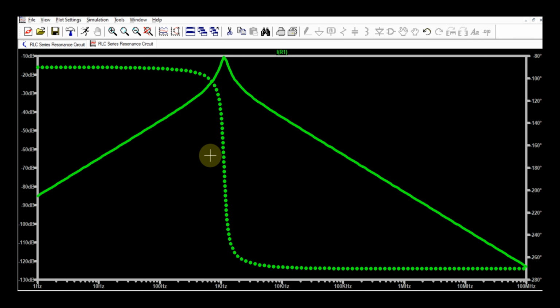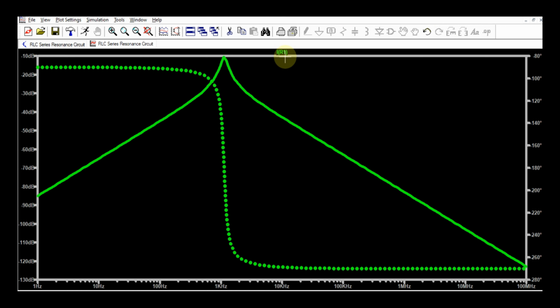Okay. So in the waveform window, you can see two plots. One plot is between dB and hertz, or kilohertz, megahertz. So this is the plot between magnitude and frequency. This is also called the magnitude plot, and on this side you can see we have a plot between degree and frequency. That means you have a plot between phase and frequency. This is also called the phase plot, right?